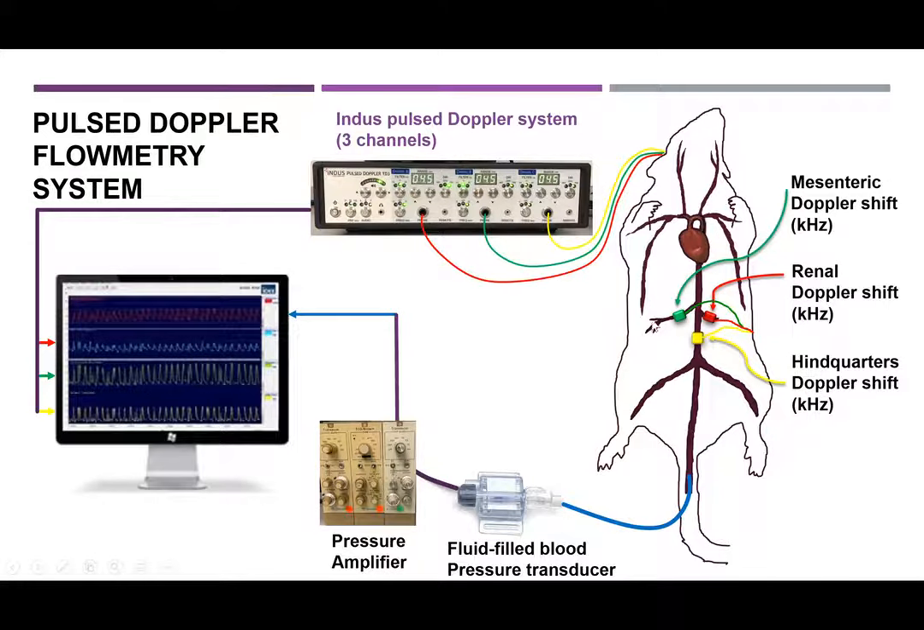At the same time in this rat, they're also implanted with that arterial catheter into the tail artery, which is hooked up to a fluid-filled pressure transducer, amplified, and that allows us at the same time as measuring those different Doppler shifts in the 3 vascular beds, we're able to measure changes in mean arterial pressure and heart rate. So we have a really nice picture of what the vasculature is doing and how it's responding. And by using these 3 different vascular beds, we're able to capture about 70% of the cardiac output from an